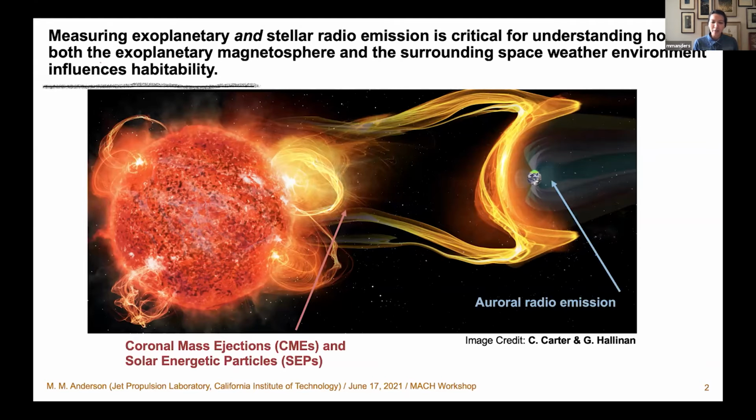I'll do a lightning tour of developments that have been made recently in this field. And I'll talk at the end about the bigger picture, longer term measurements of exoplanetary magnetic fields. If we can start detecting these magnetic fields routinely, forming a much larger sample size than what we have in our own solar system, we can understand the interplay between stellar magnetic activity, atmospheric loss, and planetary magnetic field strengths.